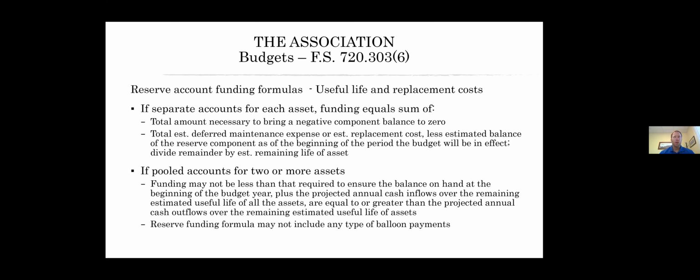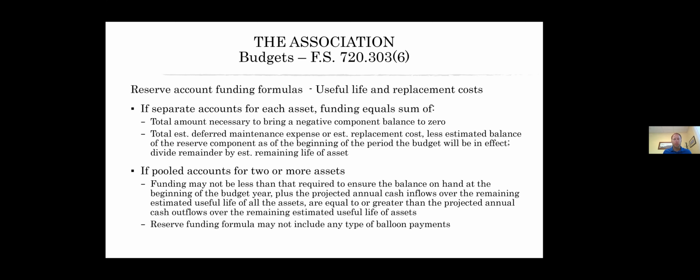And so you can establish a basis for funding these separately. So, round numbers, let's say you have a $10,000 gate replacement, a $20,000 pool replacement, and a $40,000